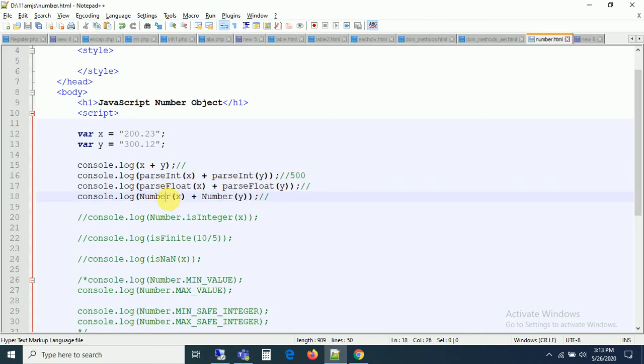Whatever value you collected from your form, on submit of the form, collect the values. If they are numbers, definitely you have to check it. If you want to confirm whether this is a number or not, we have methods isInteger or isNaN. We can use any one of the methods to check whether the particular value you have inputted is a number or not. If it is a number, do the manipulation. If it is not a number, definitely we have to convert it. To convert, we have these many ways, guys: parseInt, parseFloat, and Number as a constructor. By using all these ways, we can manipulate the operations, guys, right?